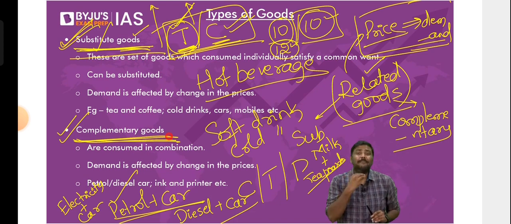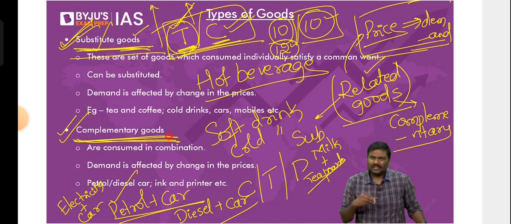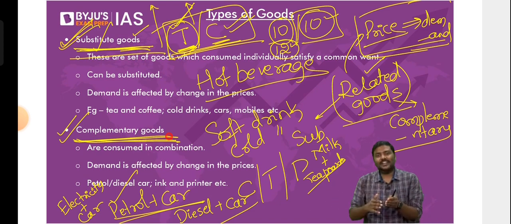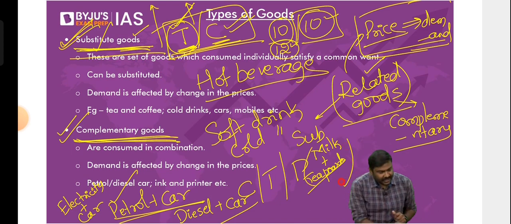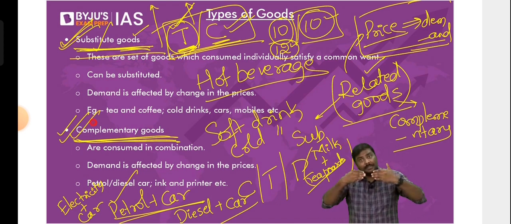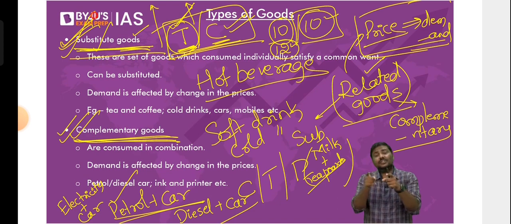Right? You don't eat the tea powder. Is there anyone who eats that? Stop it. Can you eat the tea powder individually? No. You'll have to mix that with milk, water, then gas. Somebody says no water, sir. Right? Only milk. So milk plus the tea powder, you'll get tea. So understand the logic here. In case of complementary goods, certain goods have to be consumed in combination. In case of substitute goods, these are the goods which are consumed individually.